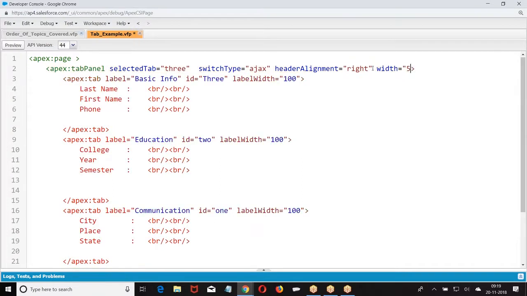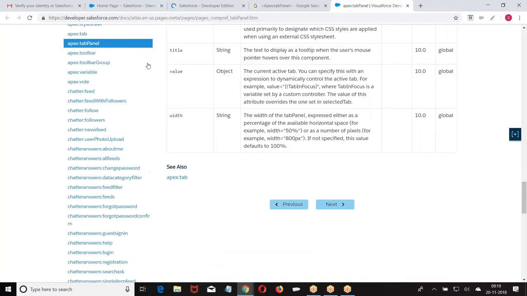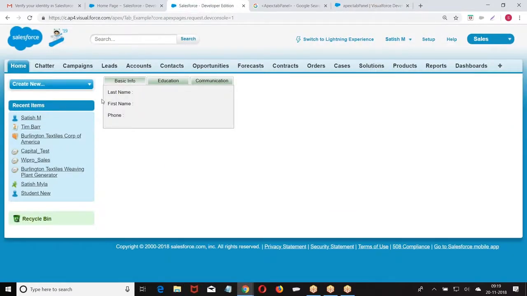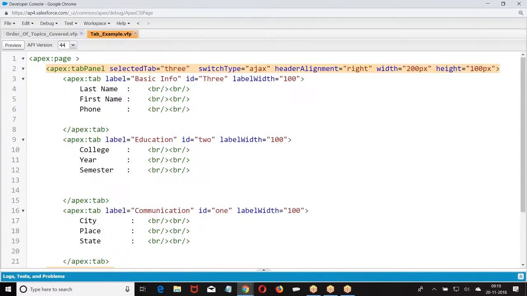Width, height. Now we mention width, height. The tab width and height.